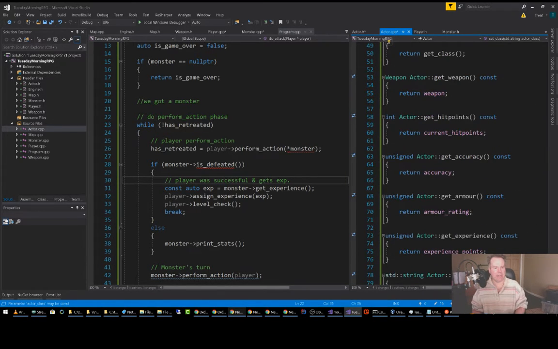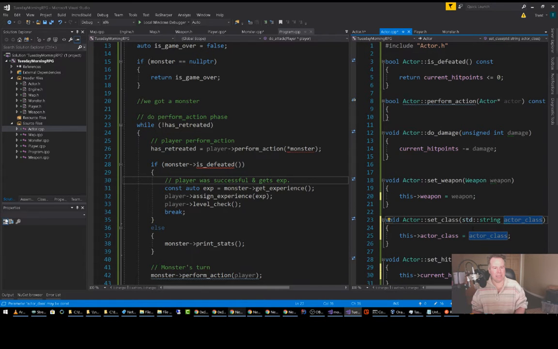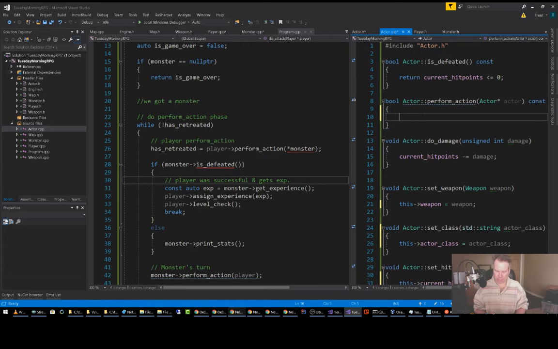Okay, so our setters are good. Our getters are good. Perform action. That is our virtual. We can just have it return false. I know it's a bit of a hack. This is really quite kludgy because I really should make it abstract and make the class abstract so you can't extend actor, and I should have done that from the get-go, but